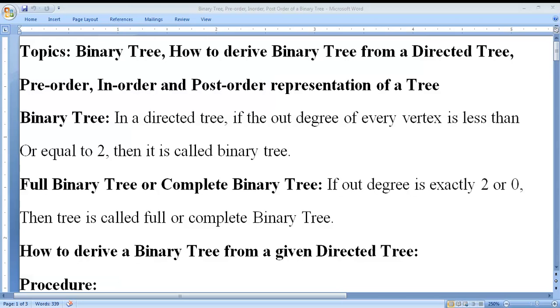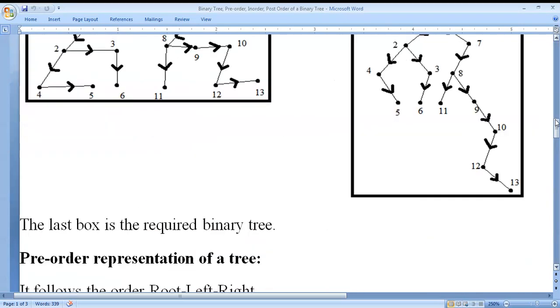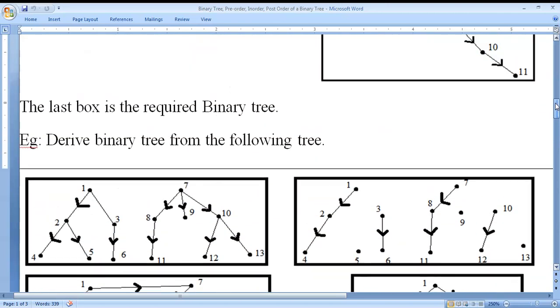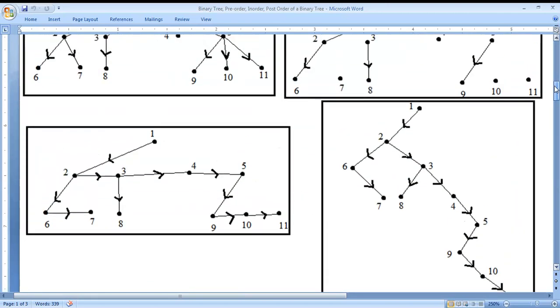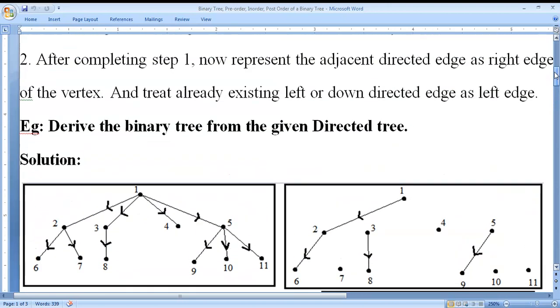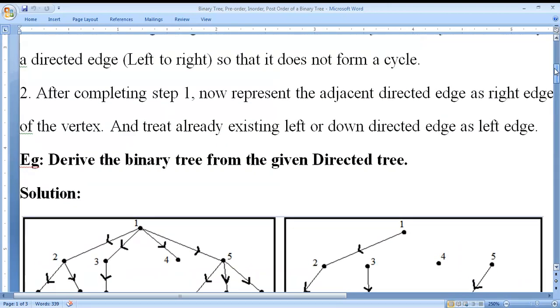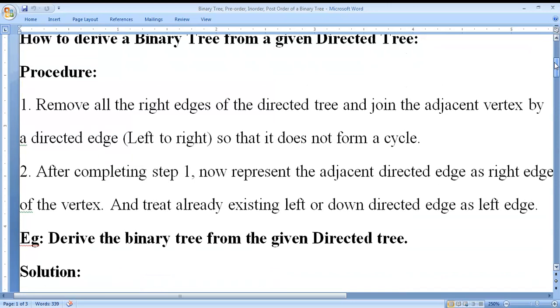Now let us see how to construct a binary tree from the given directed graph. Okay, so there are some steps to follow to write a binary tree from the given directed graph.